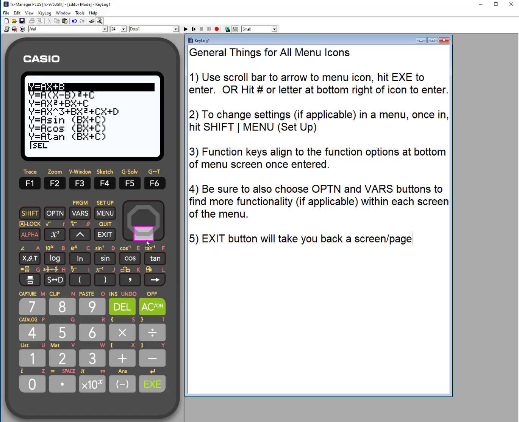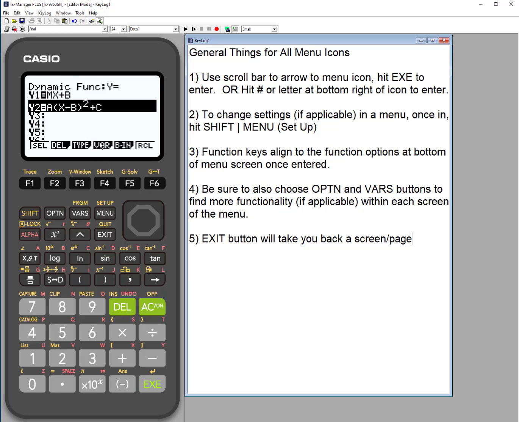So let's just do, I like this one right here. I think it's the vertex form of the quadratic. So I'm going to say, let's use that one. So notice it just puts it in the second one, and both of these are turned on. So as with anything, I'm going to turn off the line simply by hitting F1 and deselecting it. So notice the difference. This one's turned off, and this one with the box around it is turned on. So now it's only going to graph this one.